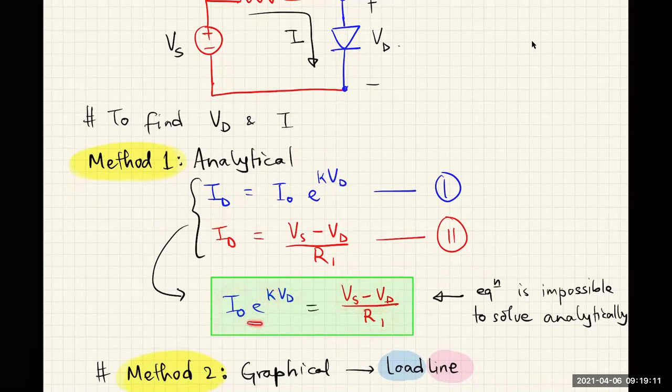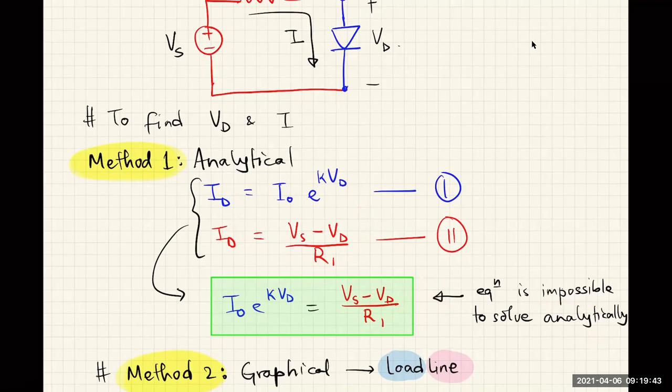But still, this is an exponential equation, and it is practically impossible to solve it analytically. Okay, this is a class of equations called the transcendental equation, which does not have a closed form solution. You can employ numerical methods to make a guess about what VD should be, and then go back and forth in calculating VD and ID from these two equations and get to a close enough solution, but that's quite tedious,